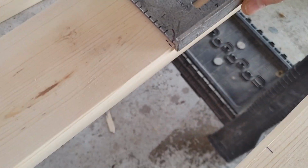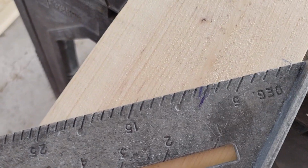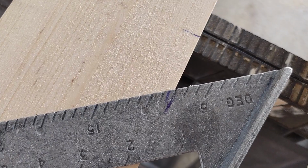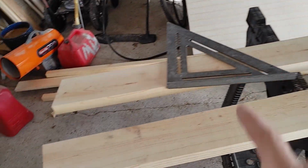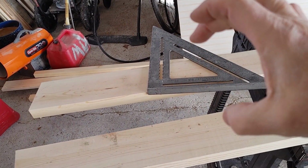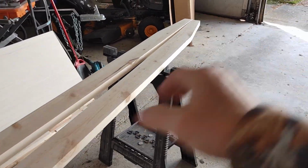Now, to get that 8 degrees on all of these, so I can route this thing in, put that speed square right there. And then right here where it says degree, I'm going to turn that out until it hits that dark blue line, which is my 8, and then I'll have it right there. So it goes a quarter of the way or so into each one of these sides, and then I'll screw them all in, and then I'll put the threaded rod through, nut and a washer on each side, tighten it down real tight so it can't come apart, and then put the hardware on, stain it, install it, climb it,